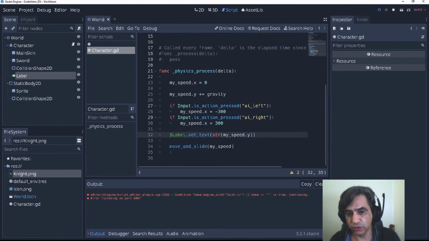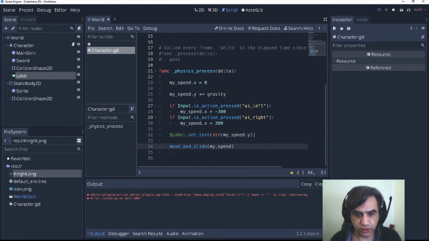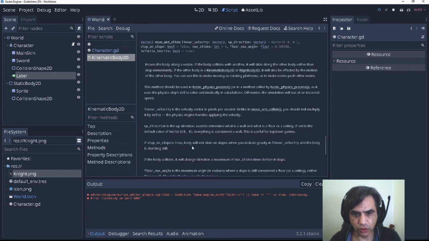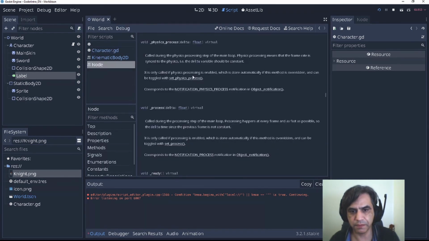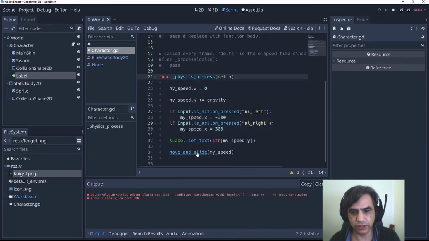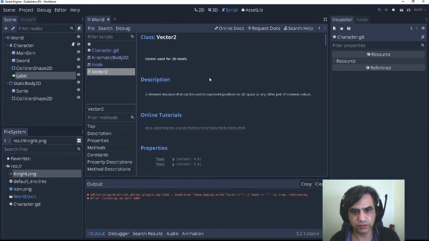So we need to change one thing. This move and slide, if you go here, you can get the information by pressing Control and clicking on it. This is a class, okay.